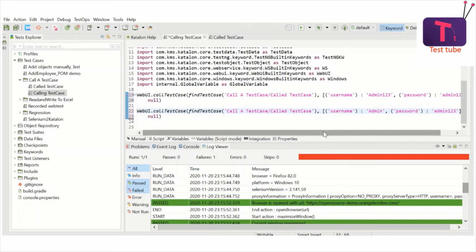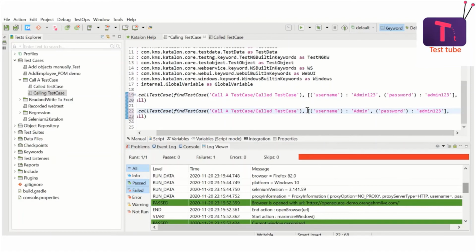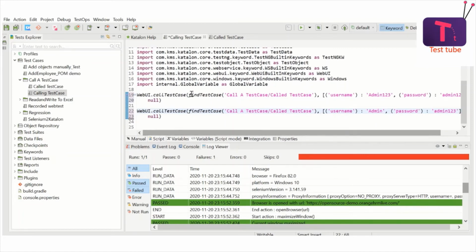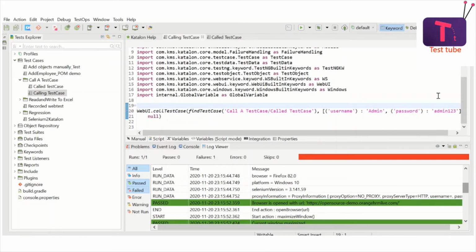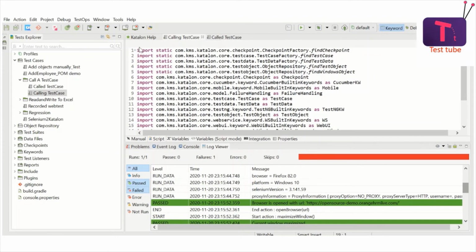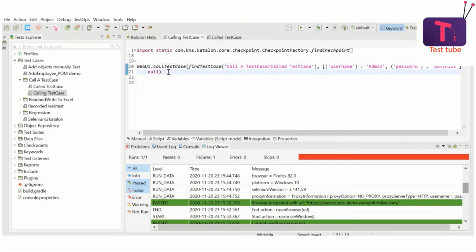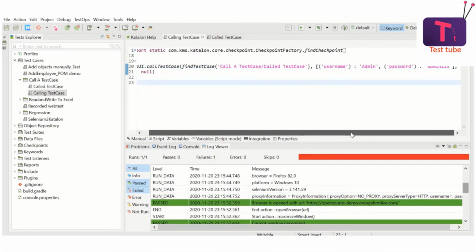You can start entering the second argument, which is a list of key value pairs. Right, so that's how you can do it. Now this is done. If you notice here, what I'm doing now is calling the test case, which is called test case, but I'm giving instructions to run this test case along with these arguments, but not the arguments which are already with the test case. Alright.